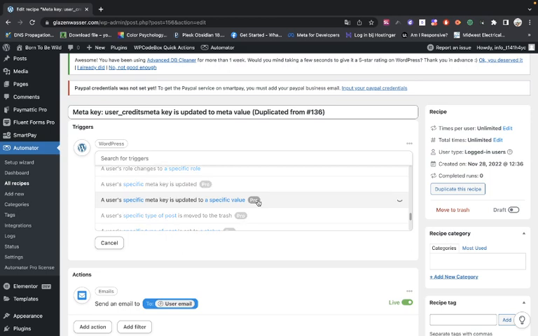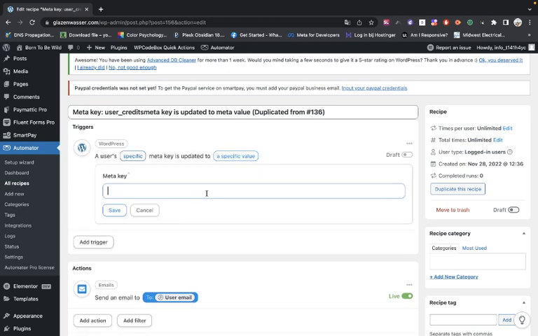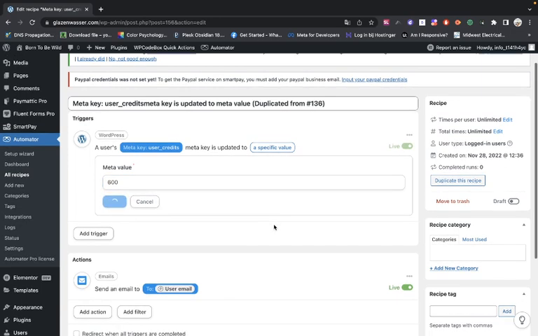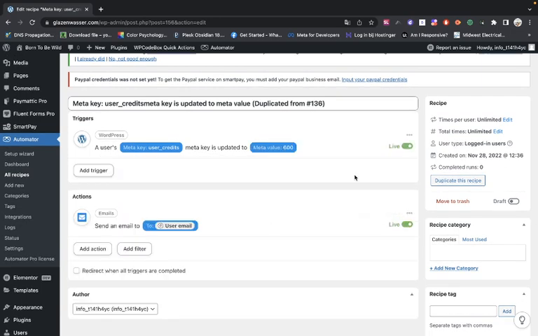I'm sorry. So the meta key is user credits, and then we have to make it 200. Let's say we make it 600, and then we have to save it. And don't forget to make it live,